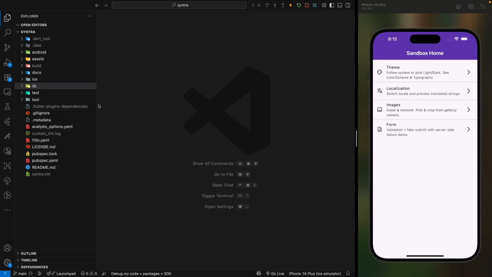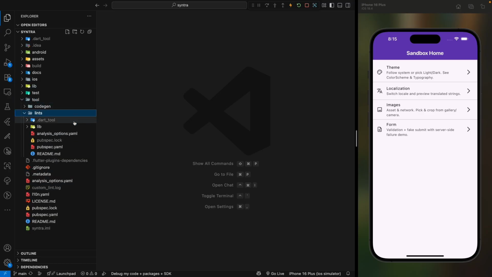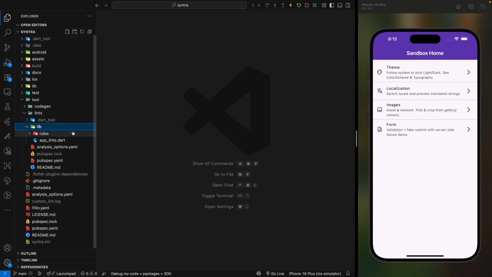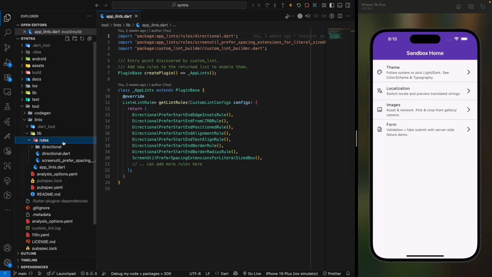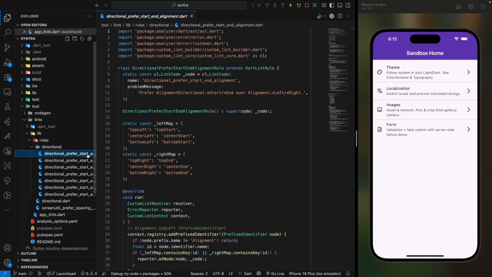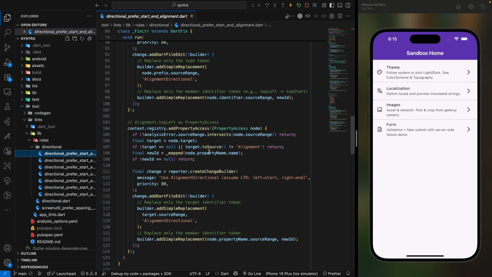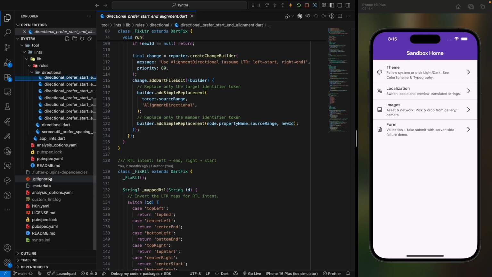Let's see Sintra's custom lints. Under Tool, Lints is the project's custom lint plugin. In AppLints.dart, we wire rules and their one-click quick fixes. Directional rules catch left/right pitfalls in padding, alignment, and text, nudging you to use directional start/end for RTL-safe layouts.